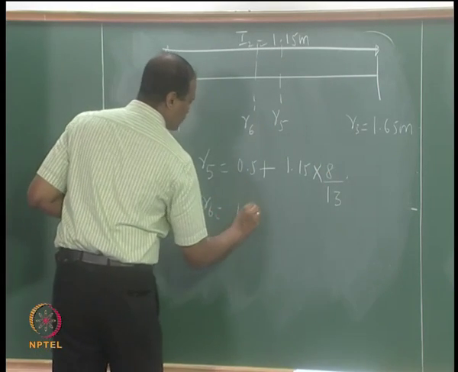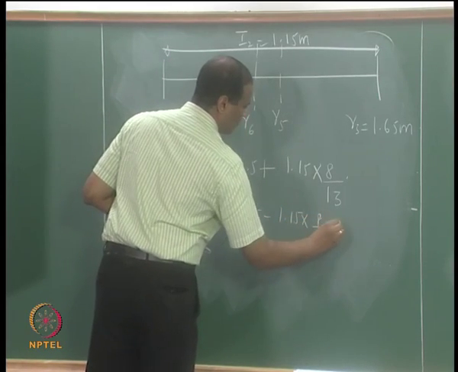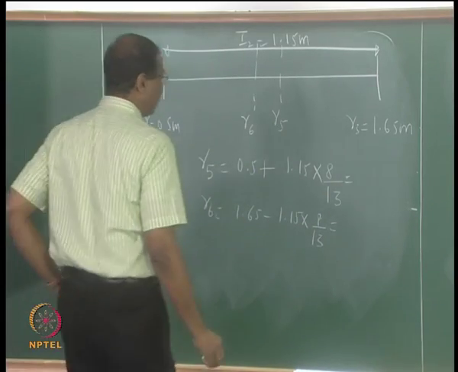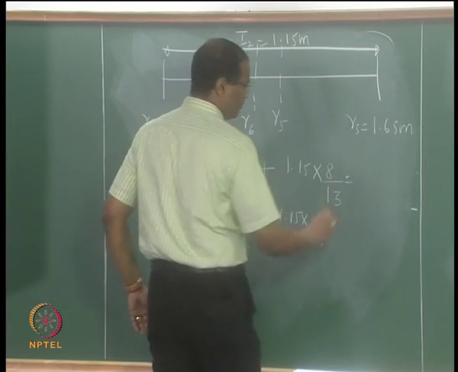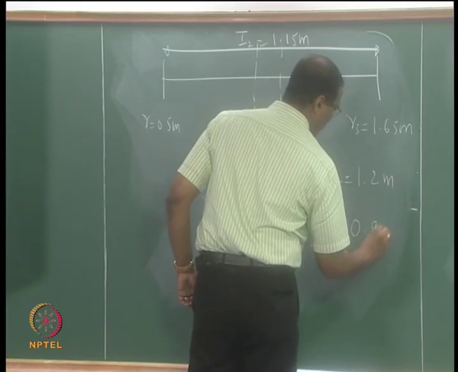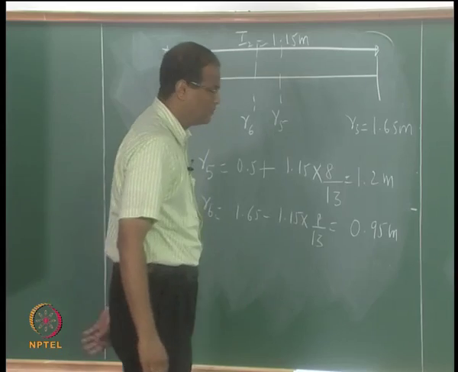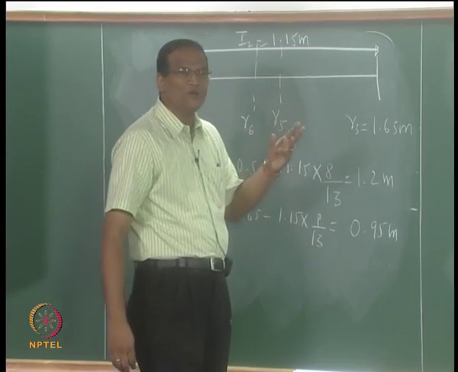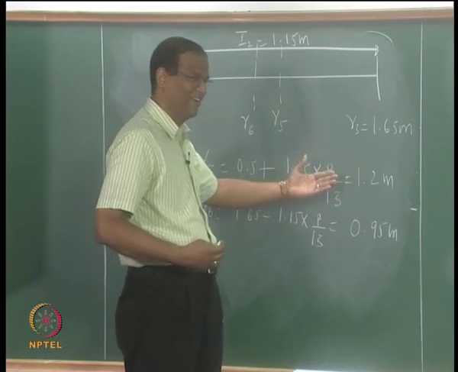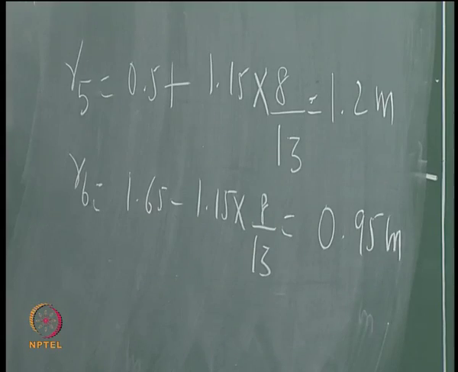R6, what are the two values? R5 is 1.15, 1.2, this is 0.94, 9.4. We know the solution is 0.866. So I know that A of R6 is less than A of R5. I don't have to do, but you have to do. Okay, we know what the answer is.